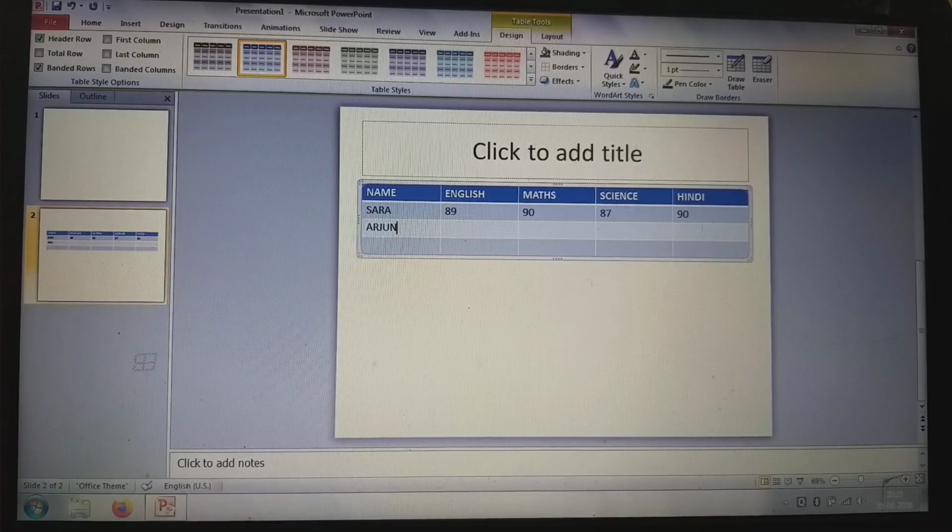Arjun, English 98, Maths 97, Science 92, Hindi 91. Riyaj, English 92, Maths 93, Science 95, Hindi 90. So, I have entered 3 records.